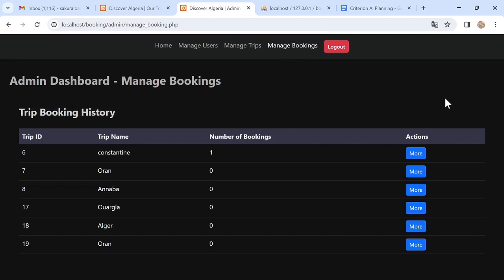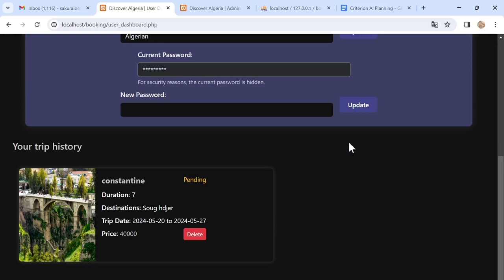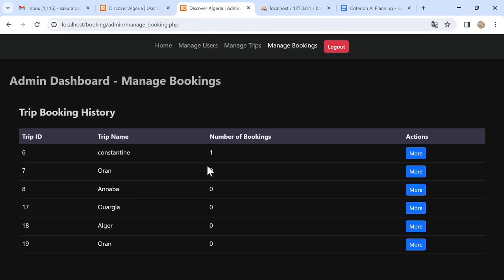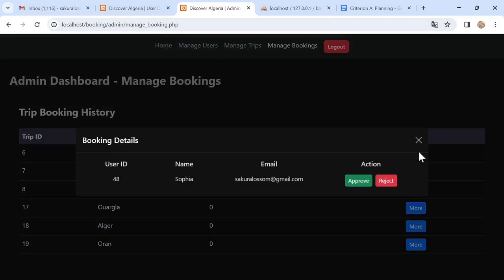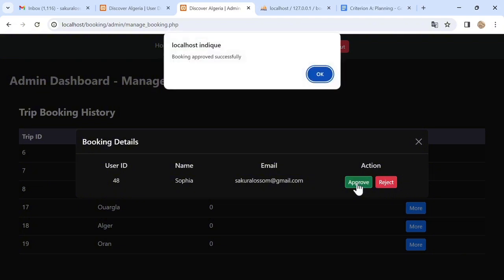So here we are on the manage bookings page, where bookings are displayed in the trip booking history. So now I'll go to the client's profile. I just need to show how the booking status looks like. It says pending. So now if I go back to the admin dashboard and click on more, and then here the admin can either reject or approve bookings. So here I'll be approving the booking by clicking on the approve button, and we can see that a confirmation